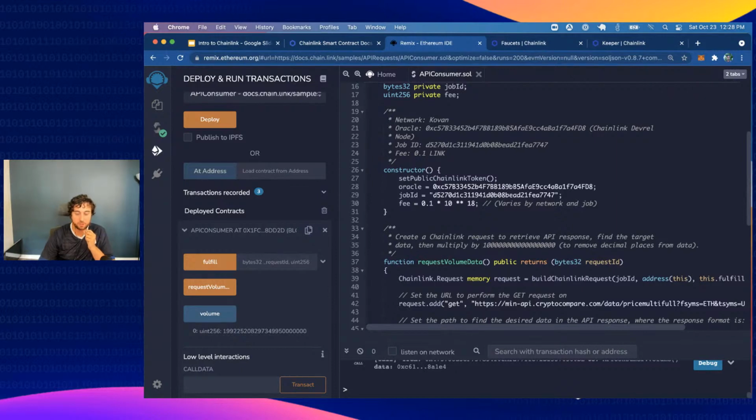If the data is pushed to the chain, what stops you from reading oracle API data from the chain without paying the fee? Well, the oracle isn't just going to put the data on there. We had to send that request earlier. And to send that request, we first had to load the contract with LINK tokens, and then that contract sends the request to the node along with the LINK token. This is actually why the LINK token has its own standard, ERC-677, that inherits from ERC-20. There's a function called transferAndCall. So it sends all this at once. It sends the token, it sends all the data for the request,